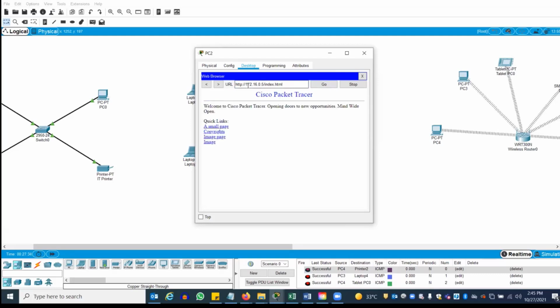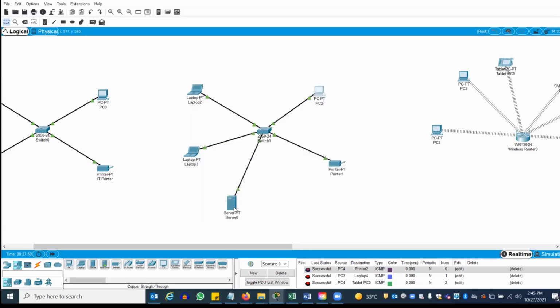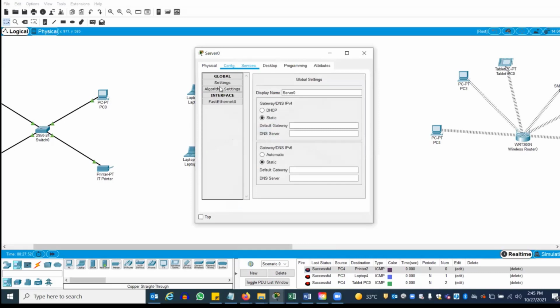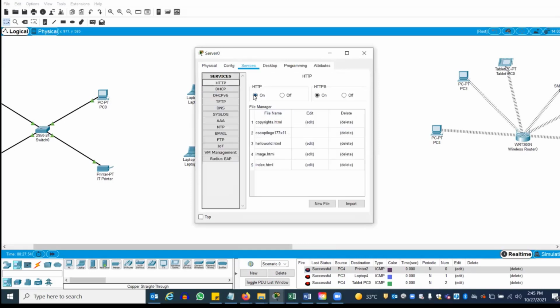So the moment I put IP address 172, I know this IP address belongs to the server. So this is the reason I put it manually there. So if I put 172.16.0.5 is the IP address of the server, the website will work because the service is running on the server. Because this HTTP service is enabled, the website is enabled. Okay, if it is off, it will not work.